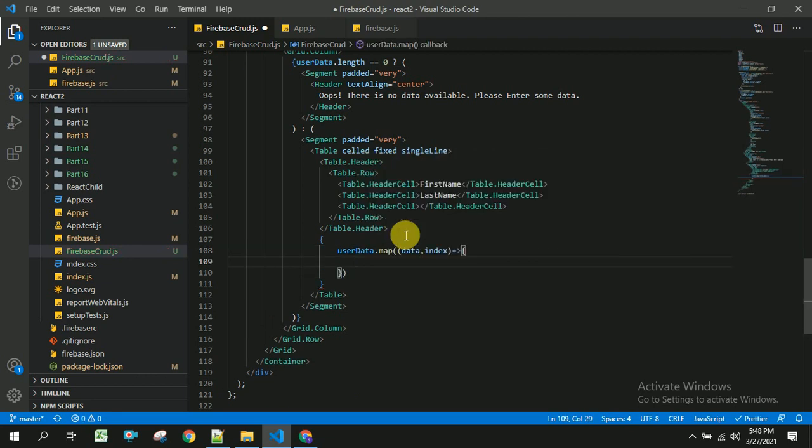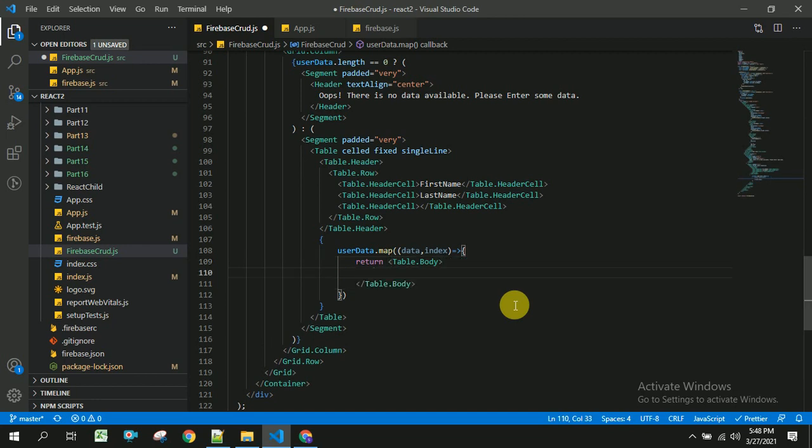And inside this we have to return some syntax, and here we will be having the body. So this will be table dot body. Inside the table dot body we have different cells.